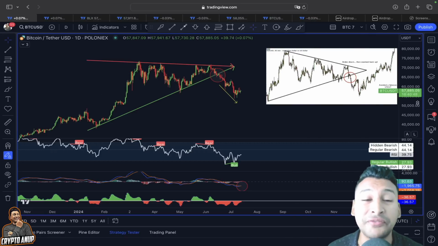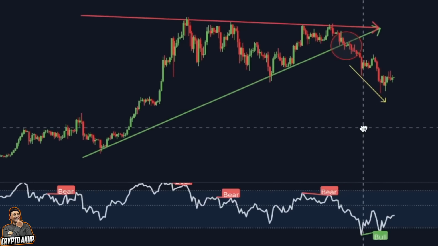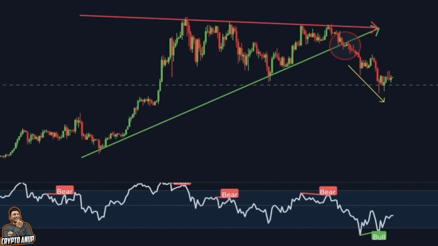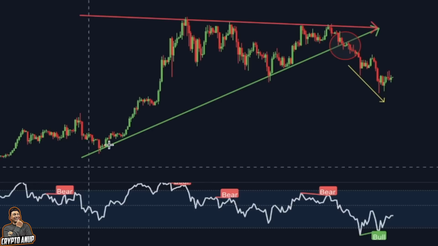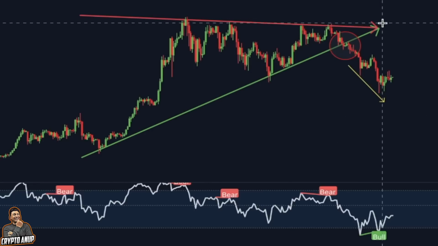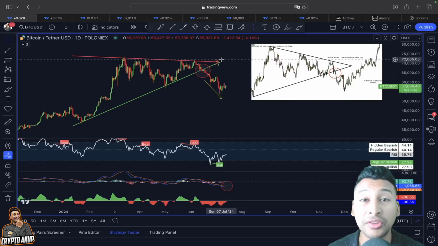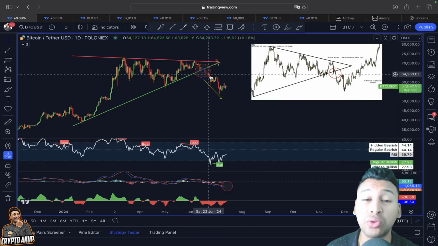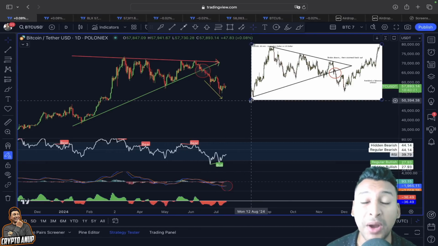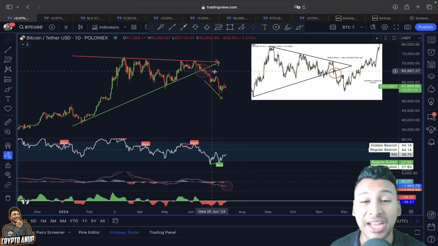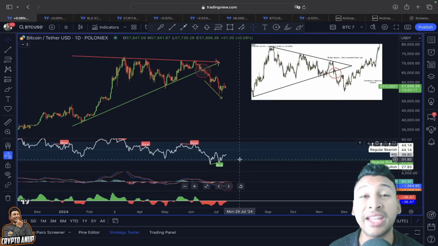So first thing first, let's look at this symmetrical triangle, because according to this symmetrical triangle, the price of Bitcoin started breaking here to the downside, even though this was formed during an uptrend. A symmetrical triangle formed during an uptrend is usually looked at as a bullish continuation pattern. In our case, support got broken, price started showing weakness. But if you look at this price action right now, and if you look at the indicators to the downside,